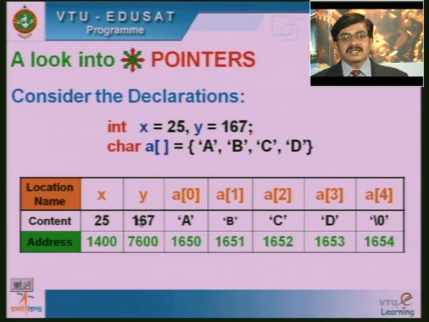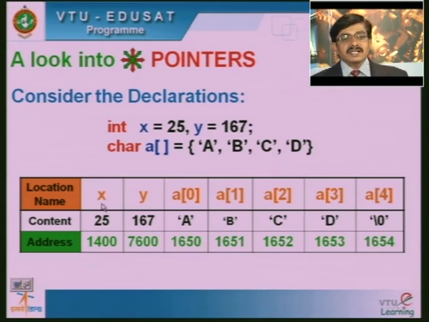Similarly for Y it is 167, and for A of 0 it is A, A of 1 it is B, A of 2 it is C, A of 3 it is D, and finally A of 4 it is not there, but the string basically is an array of characters terminated by a null character. So the last character will be the null character, and we can note that here the address is associated with every